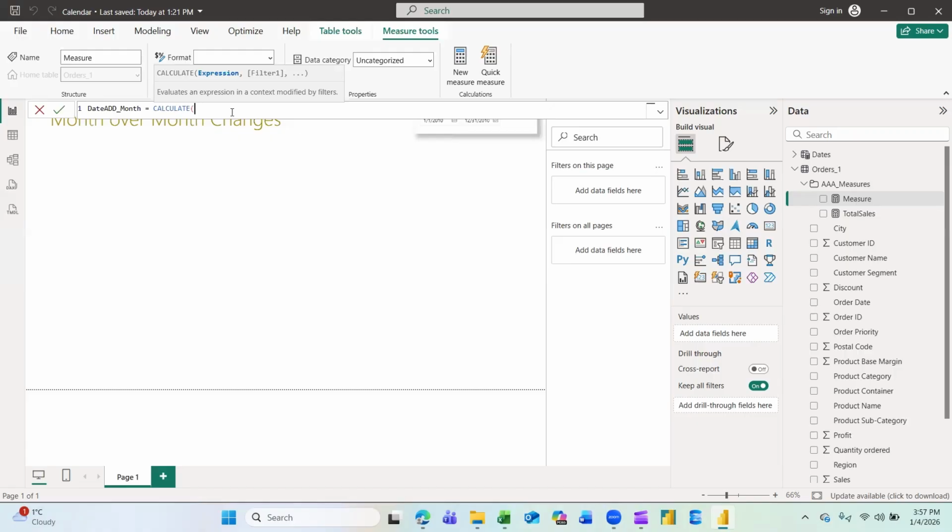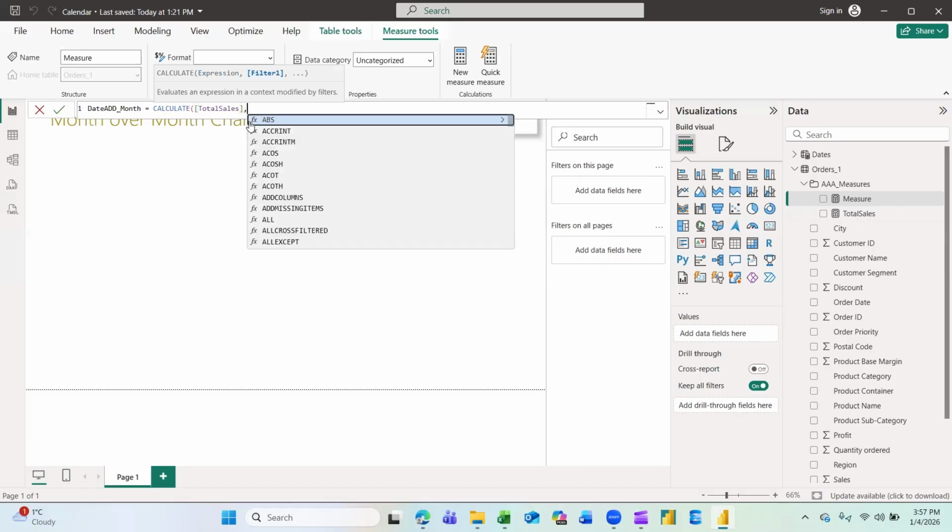We will use as an expression the previous measure that we built, which is here, total sales. And we'll make the filter with the help of the function DATEADD.